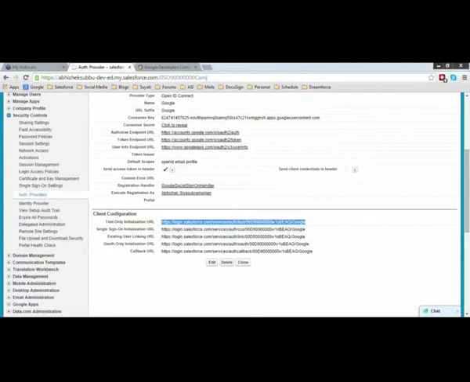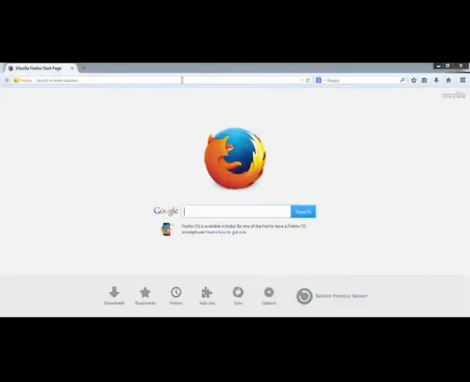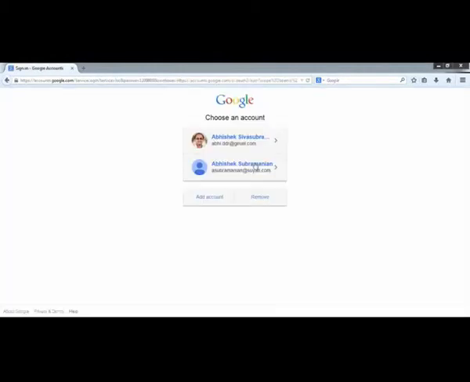So let me open up a Firefox session and paste this URL and hit enter. Salesforce should automatically redirect me to Google. So let me just remove all these things.